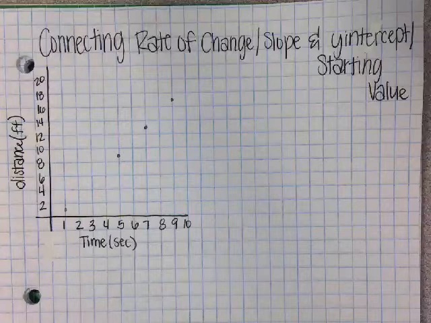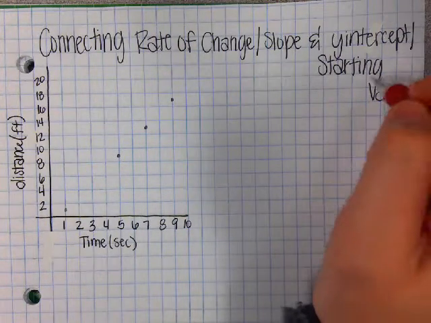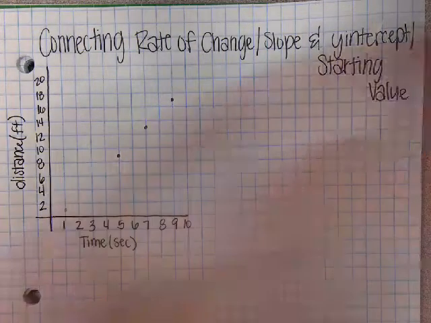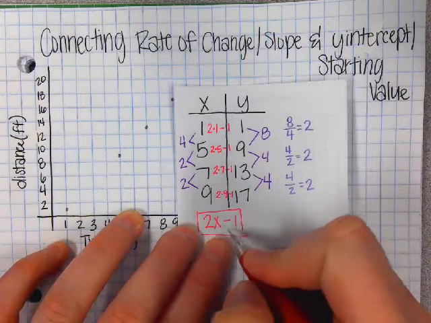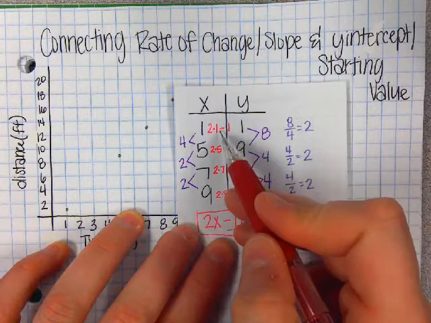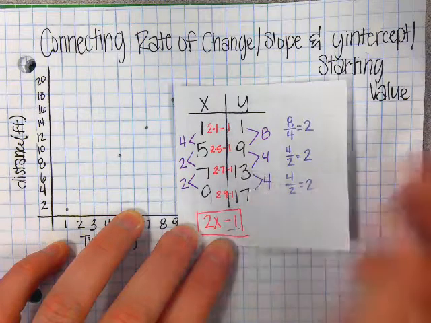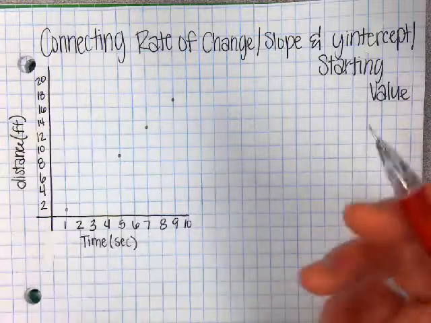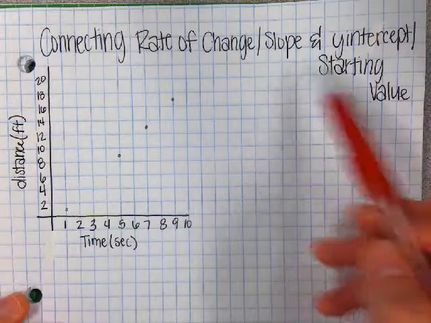So today we'll be connecting rate of change or the slope, remember those are the same things, and the y-intercept and the starting value. We haven't really talked about these two much. The only reason we've talked about them, and I know some of you guys caught on, is that the starting value or the y-intercept is this amount. What did you need to add or subtract to get to that number right there? So we're going to talk about it and look at, if we're looking at a graph, how do I find